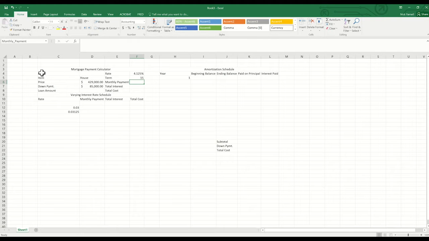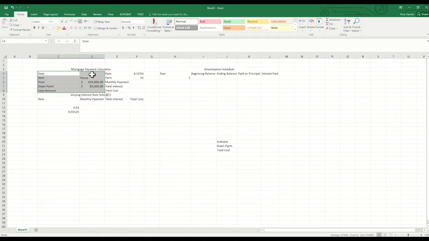To do that, we're going to highlight the left and the right column. What I want to get to is naming this one date, this one item, this one price, this one down payment, this one loan amount. So the cells on this side should be named the exact same thing as what's describing them. The title, I guess you could say, is on the left hand side, and we want to give these cells those names. So if you highlight both columns, then go up to